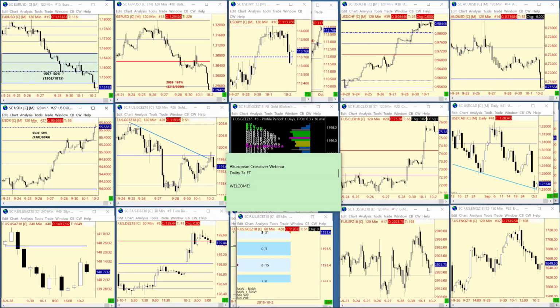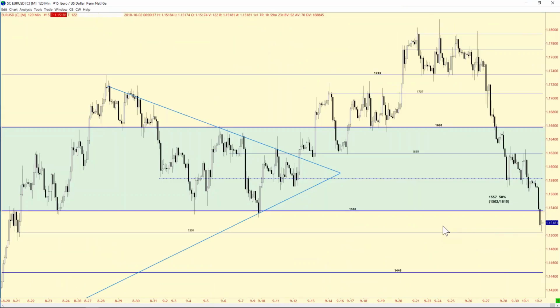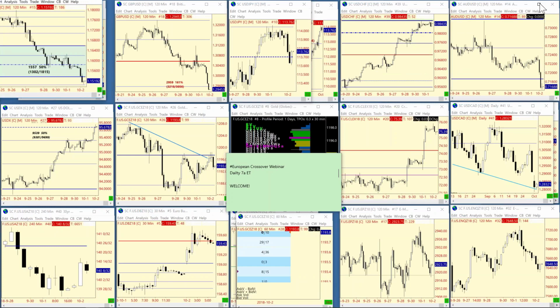And we have seen the euro dollar really take a drop. When you look here with the euro dollar, we just tagged, or are just above, that 1504. Our stretch area yesterday was going to be 1536 going into today, but of course it's the Italian budget woes that are causing an issue. Also, some concerns about having their own currency. At least there was a rumor about that.